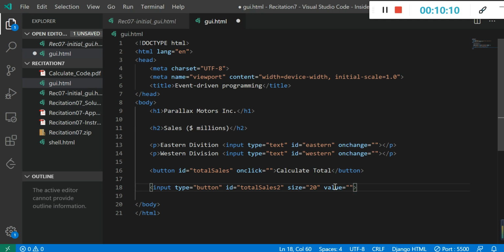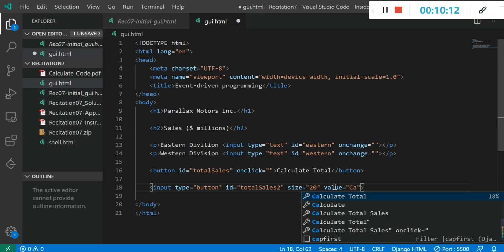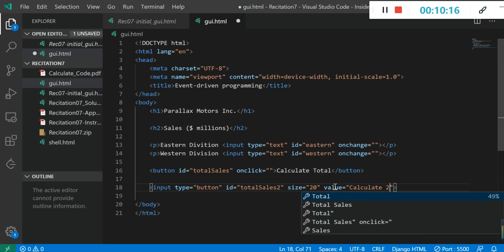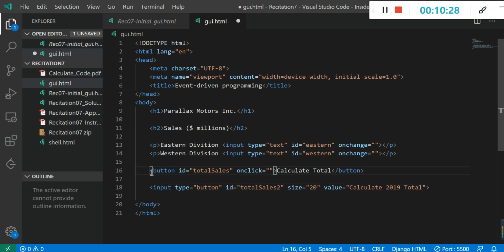And also the text to remind the users is calculate 2019 total. Okay. So this is the two methods of inserting a button to our web page. And also you can use the p tag represents for paragraph